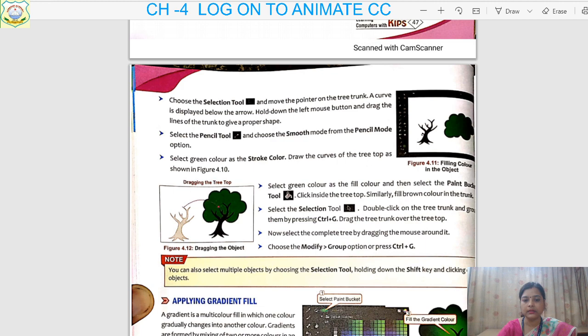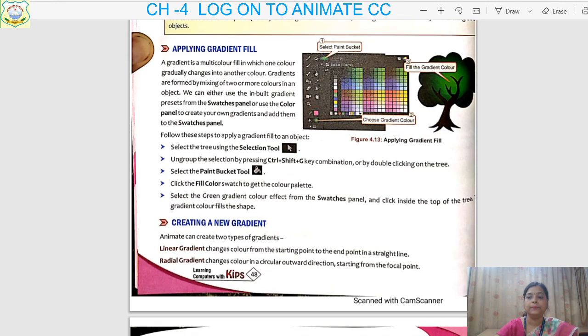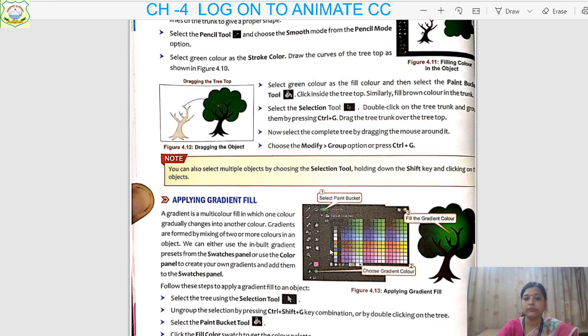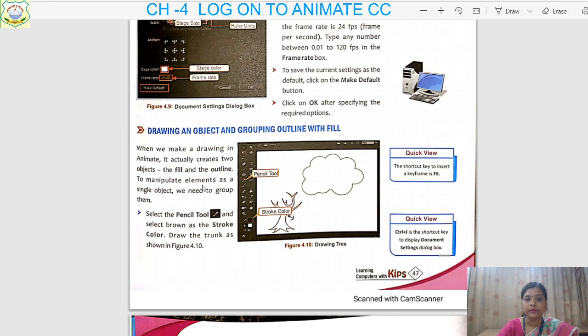Now next topic is, children, applying gradient fill. Earlier what have we learned till now? We have created two objects, one is tree trunk and another one was its tree top. By using the stroke color, we have designed this.